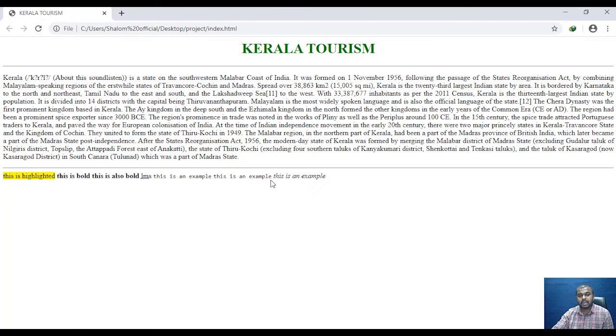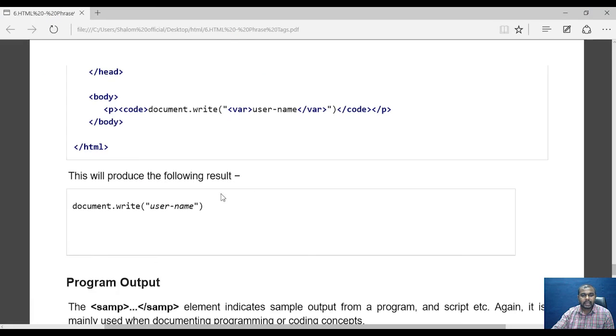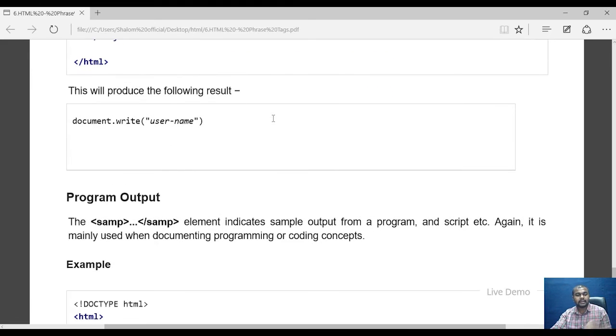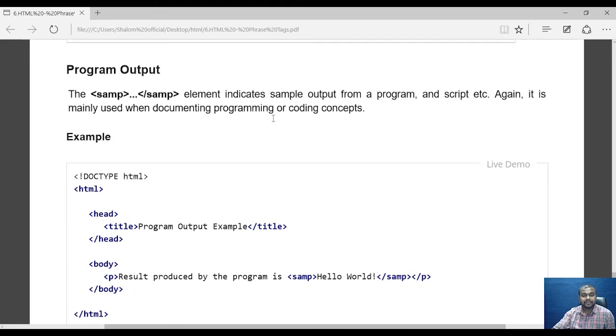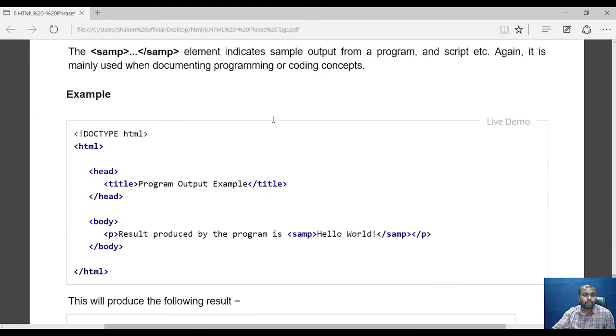You can see here the output looks very similar to italics and the EM tag. So again this can be used with the code tag for showing that it is a programming variable. And if you are trying to display a sample program using HTML to the user, formatting and showing some program,